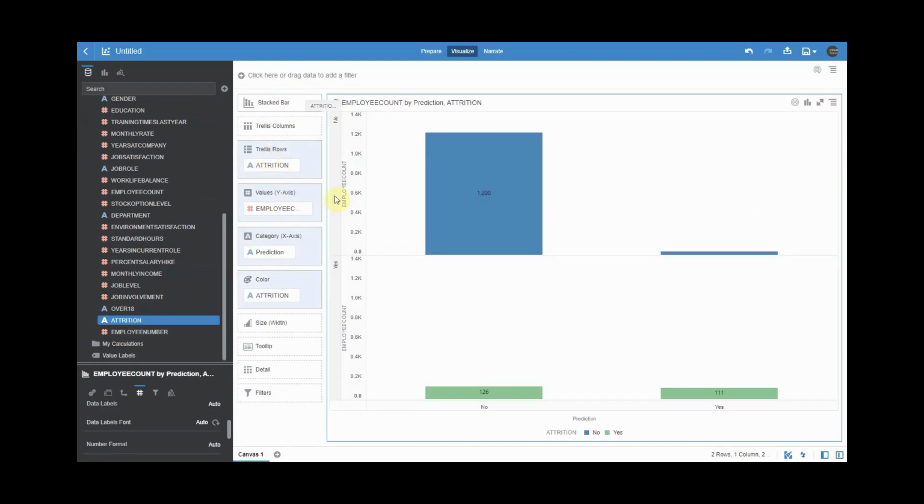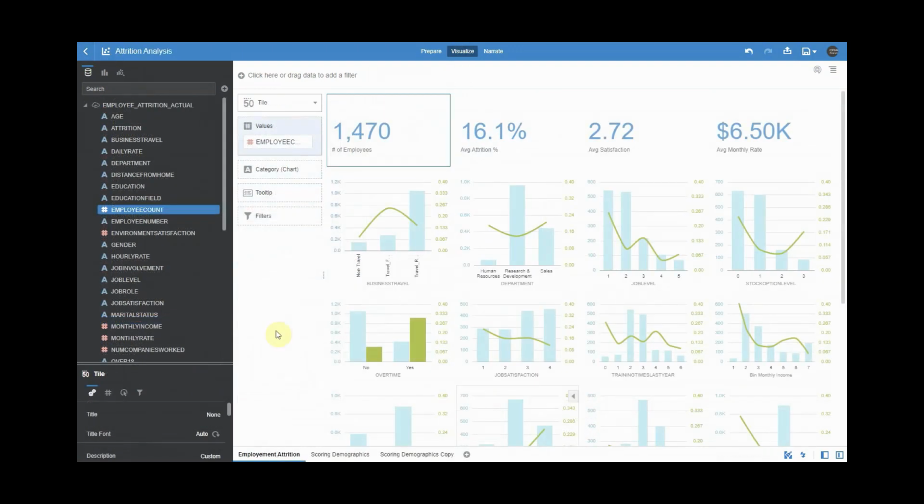So now we see the employees that we've predicted as no and that were no, and employees that we predicted as yes for attrition that were yes. And here are the false positives or the false negatives. So that's all interesting. I can do some visualization with this, but what's really interesting is if I go back